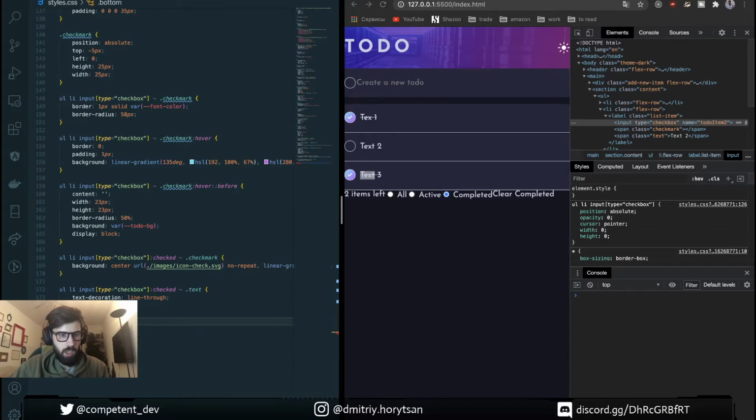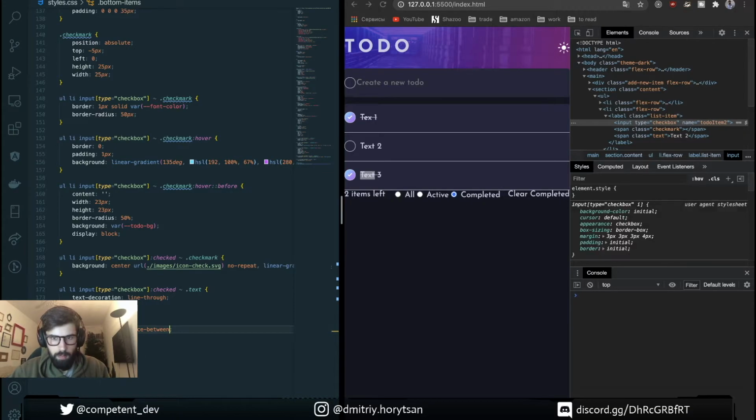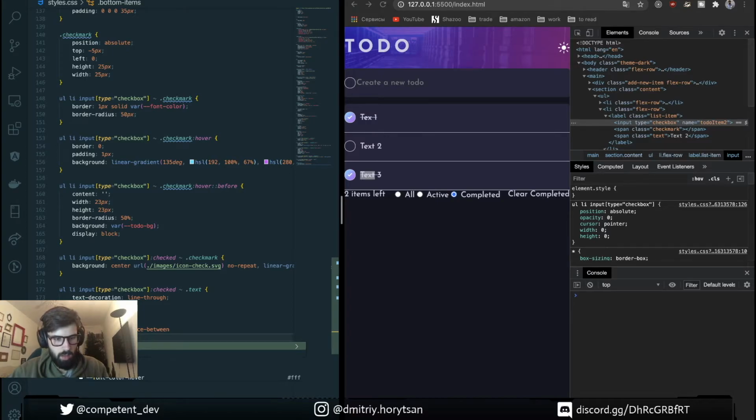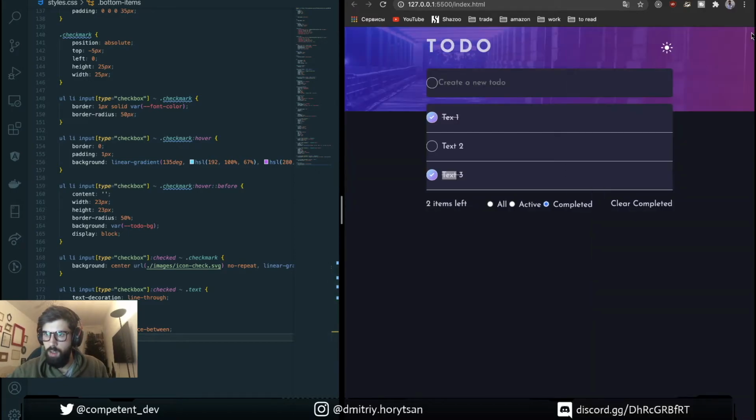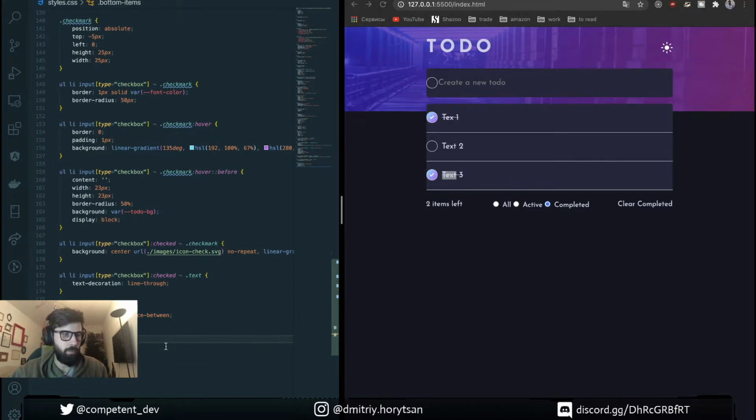Bottom items, justify content space between. Font size, need height 65. Height 65. Let's hide this one. Better.